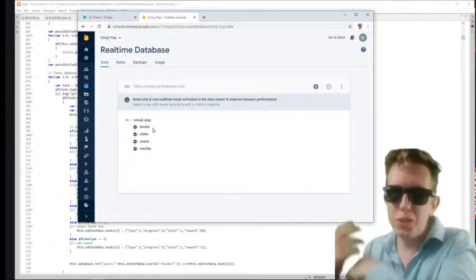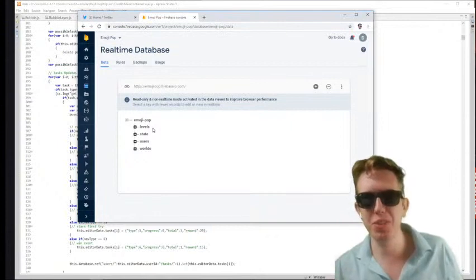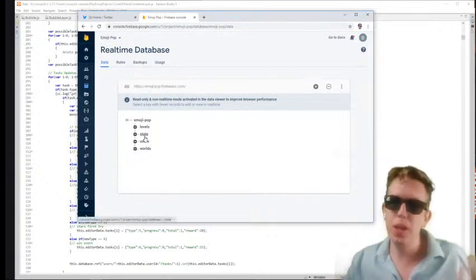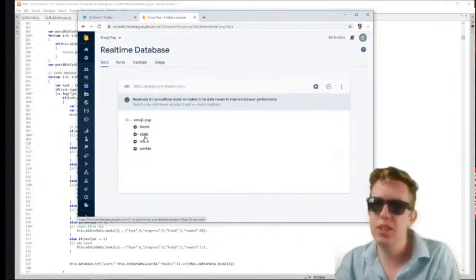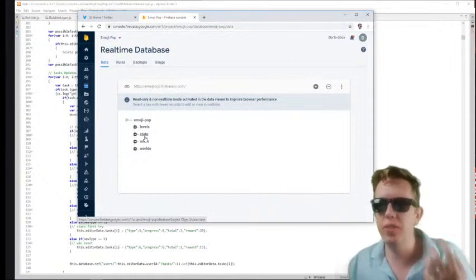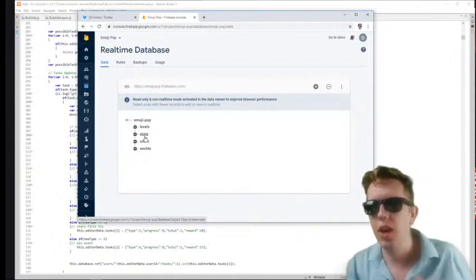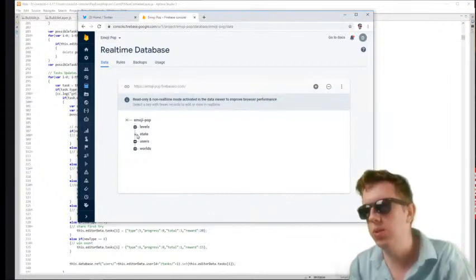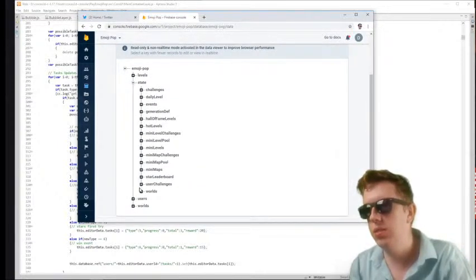I'm not really trained in database, so I guess I've never really had to explain it to anybody. It has a levels container where I keep all the levels in the game, basically. It has a state where I keep core things about the game, like what events are running, or how many worlds are in the game at a point. Let me show you. So one variable within state is worlds.